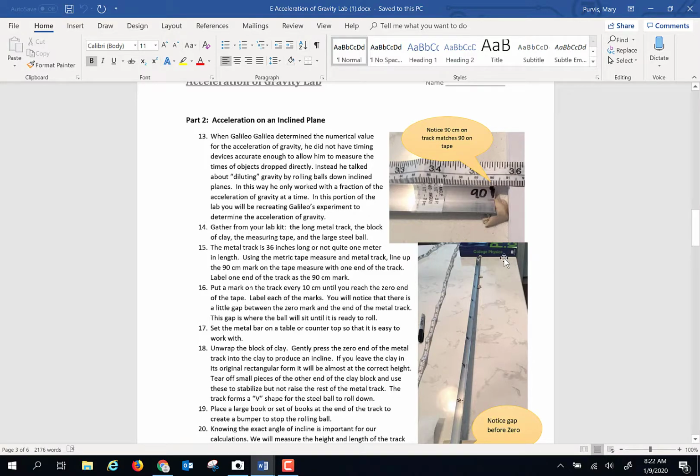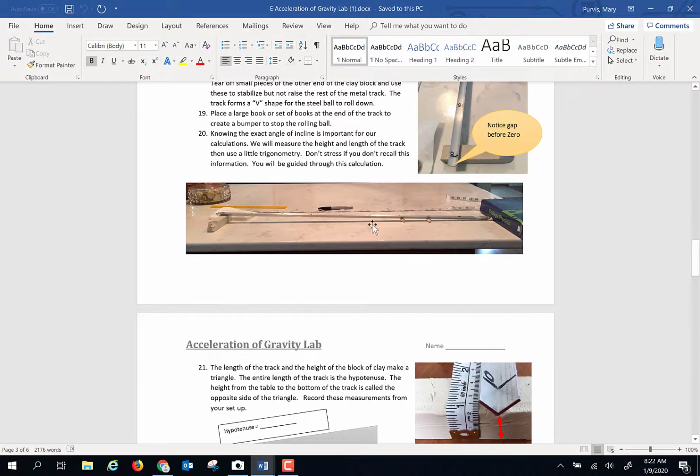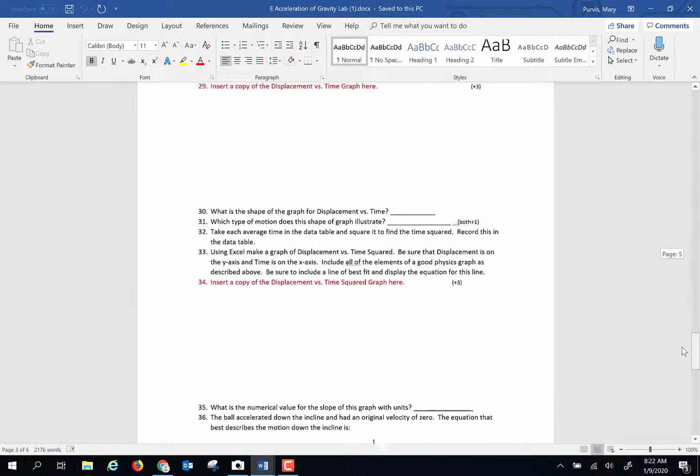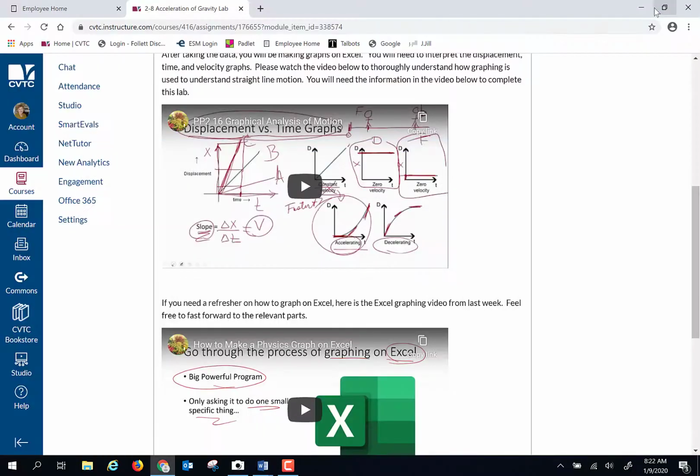You're going to set up an inclined plane, measure some distances, and mark these on your metal track. A permanent marker might be handy. You're going to use your stopwatch on your phone to time some motion of the steel ball down that track, graph that information, insert copies of multiple graphs into the lab, and hopefully come up with an experimental value for the